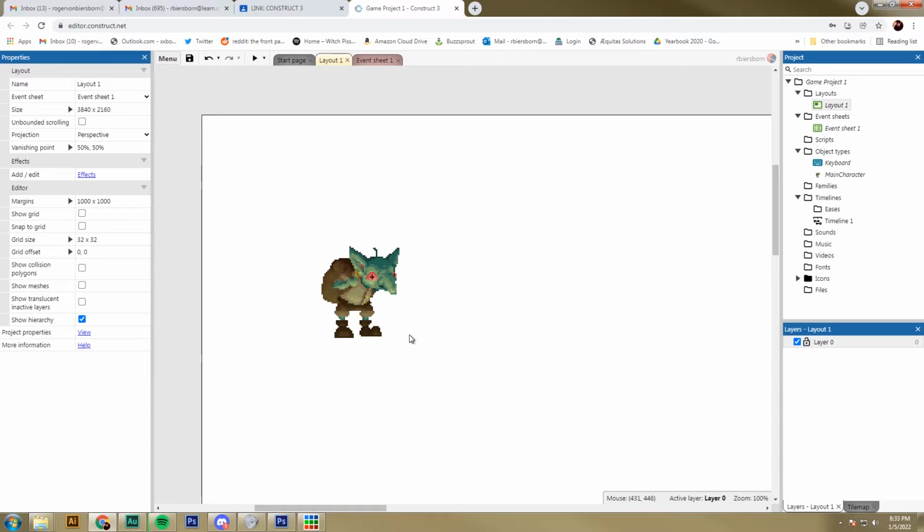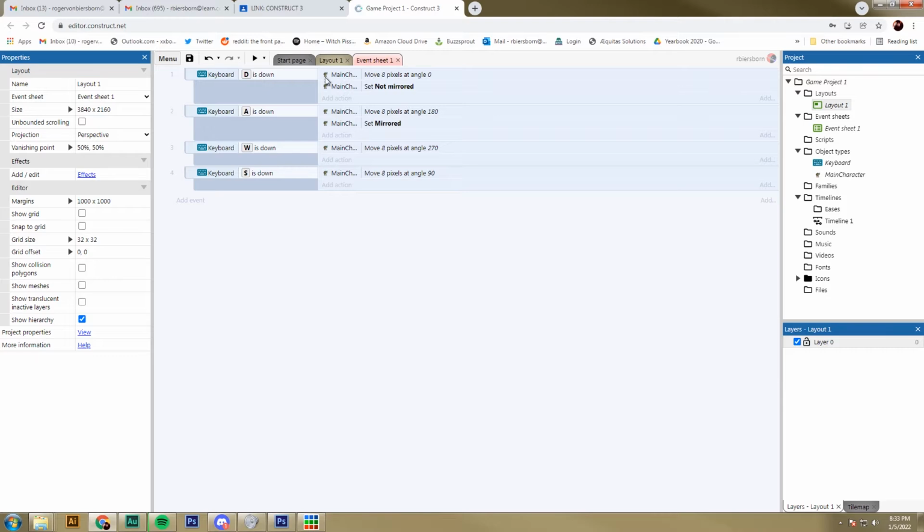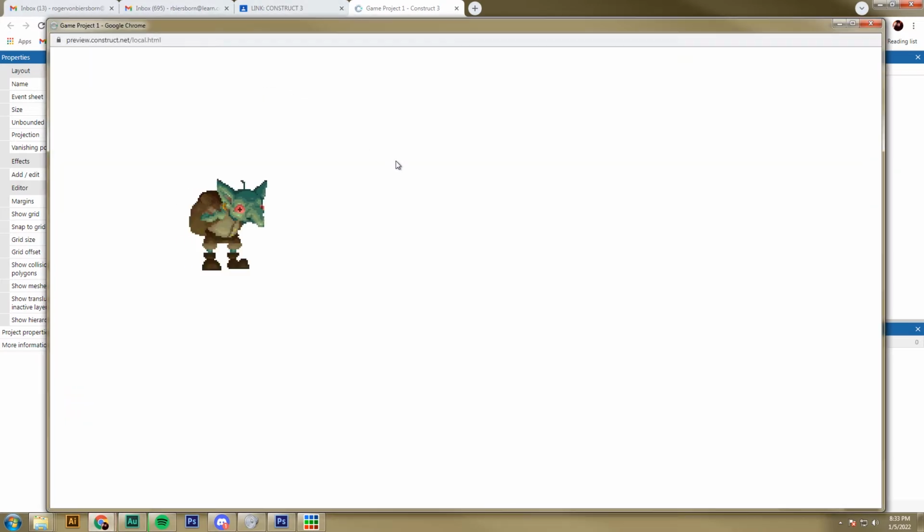We have our character in Construct 3, and we have some movement in the event sheet. We have different keyboard keys that direct the movement of our character. They flip to face the direction that they're moving. They can move left, right, up, and down. What we're going to add today is to make it animate, so that as the character is moving, the run